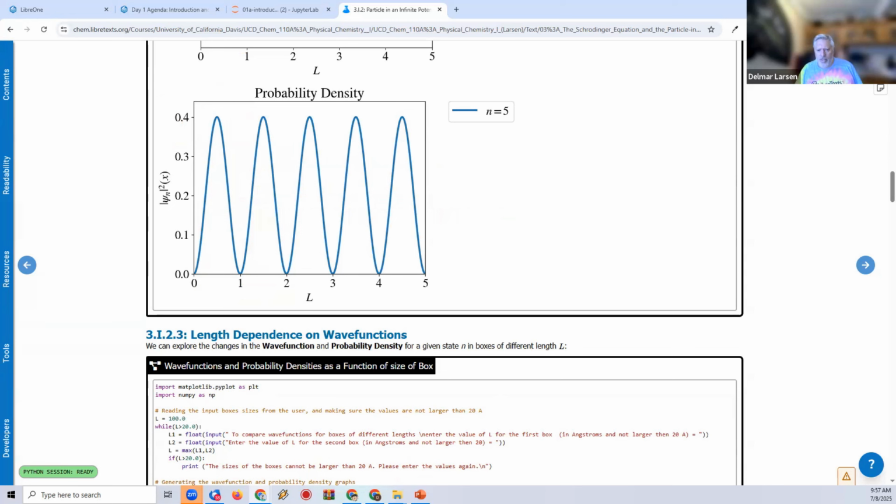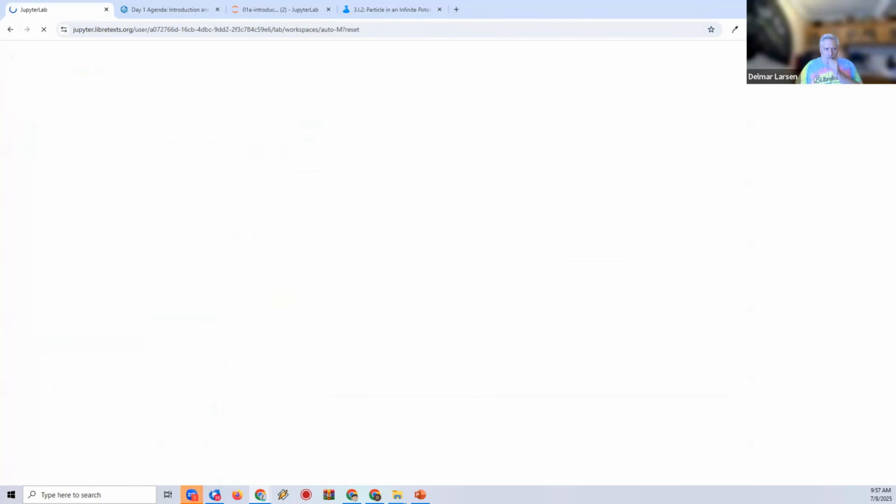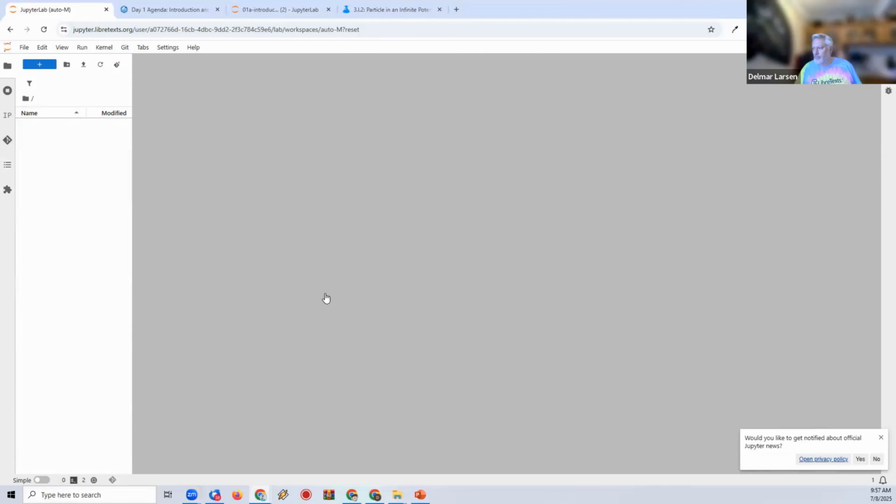There were a few questions that were in the chat. So let me address this. Bob says, can you create custom environments within the Jupyter? Yes, you can. In fact, when you go into the Jupyter notebook system right here,